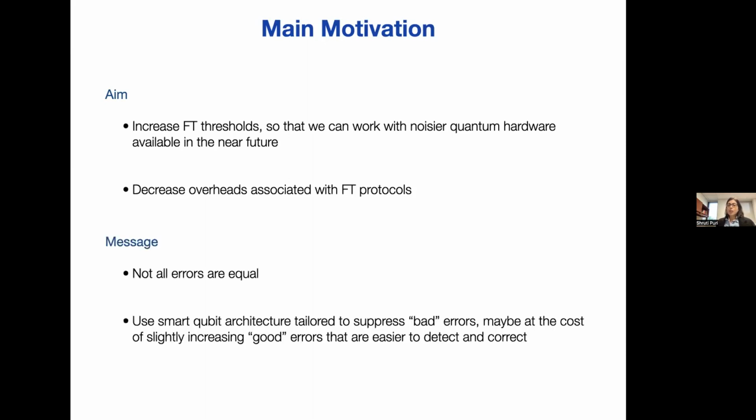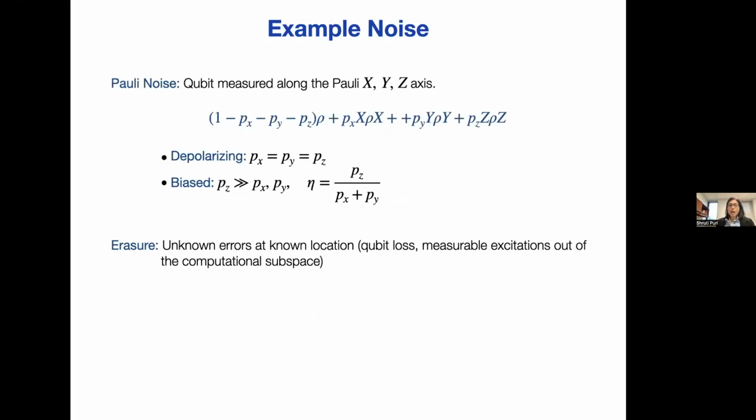protocols. So the main message that I would like to convey today is that when you're thinking about scaling your system for error correction, think deeply about the noise affecting your qubits, because not all errors are created equal. Some errors are very contagious and they rapidly spread through the circuit, whereas there are other errors that are easier to detect and correct. So what we would like to do is build smart qubit hardware such that the architecture is tailored to suppress bad errors, that is, the errors that are hard to correct, even if it means that we have to slightly increase the rate of good errors that are nonetheless easier to detect and correct. So I will show you in the rest of the talk. I'll give you many examples of such good and bad errors and how we can use these good errors to